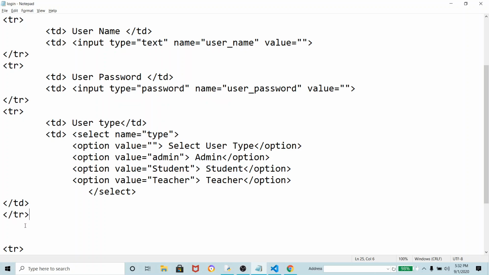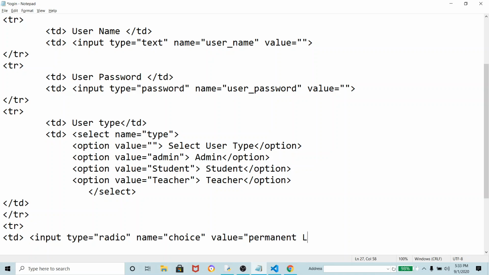And then if you want to use here, then I can again use tr and then td. We can give here choice options. So I will give here input type is equal to radio, name is equal to choice, and value is equal to permanent login.